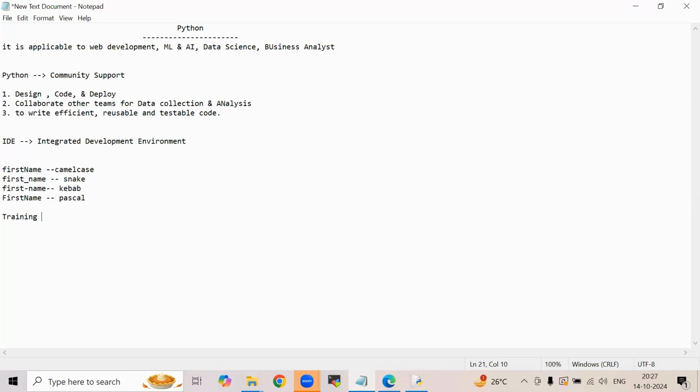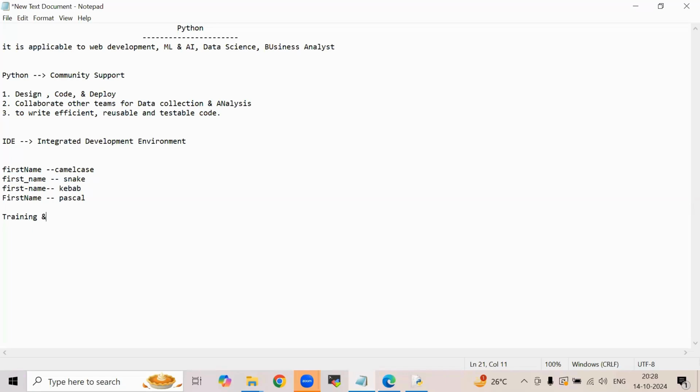Even though I'll give the tasks and all, every day you need to spare 1 hour towards Python, after the class or before the class. Whenever you keep time, only then can we achieve it. If you don't spare time, everything will go in vain. So that is my kind, humble request: spare some time, practice every day, learn every day, learn the new topics, and focus on your end goal.